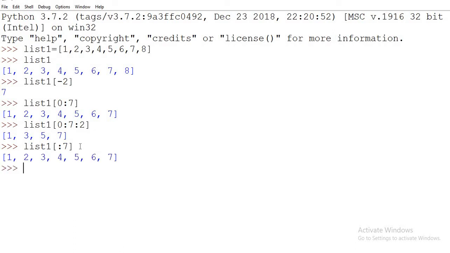So if you are not giving the starting index, it will be considered from the 0th index. And if you are not giving the ending index, let me just write 3, then it will start from that given index and continue till the end of your list. So it has started from 4, 5, 6, 7, 8.